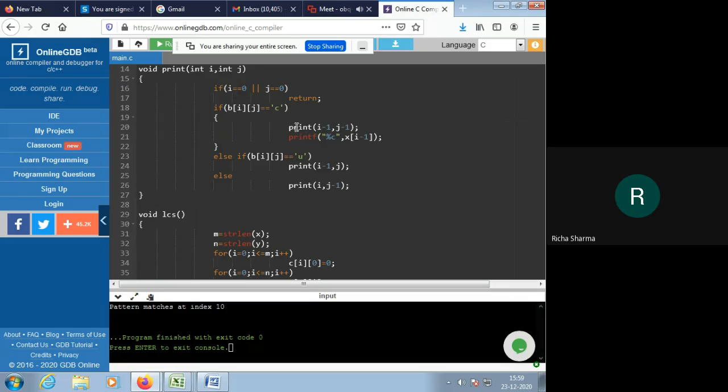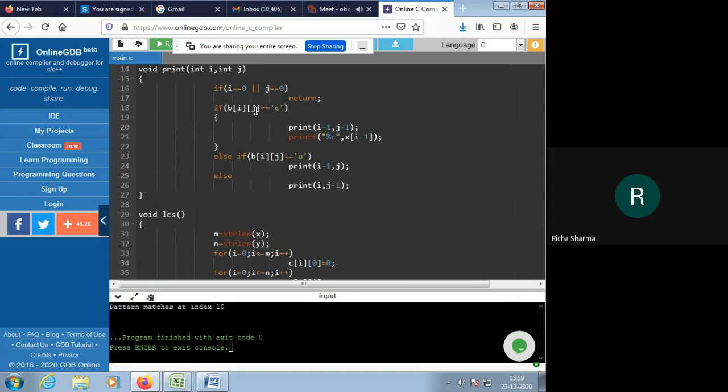So after calling that print function and solving it completely, we will print that particular matching character for finding the longest common subsequence. Here in this printf function, that matching character will get printed as x of I minus 1. And this print with I minus 1 and j minus 1 will be solved accordingly.